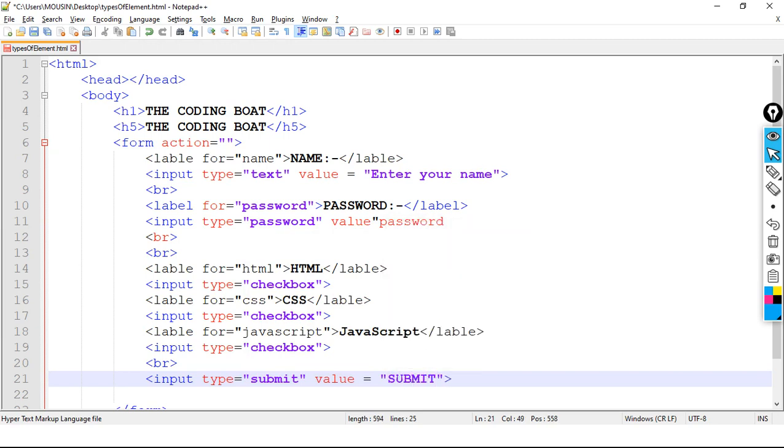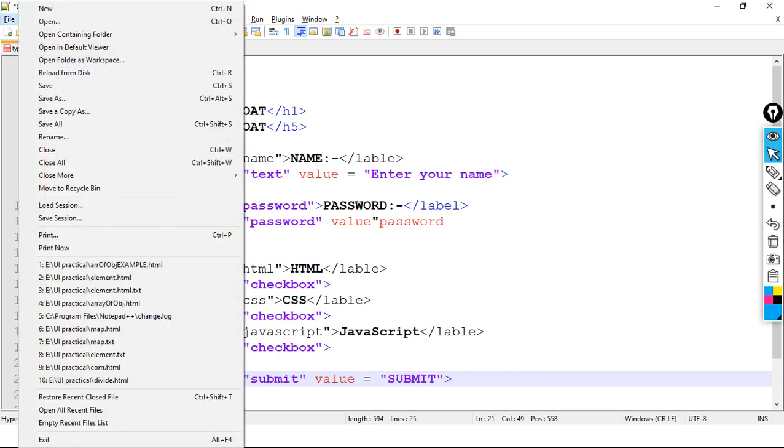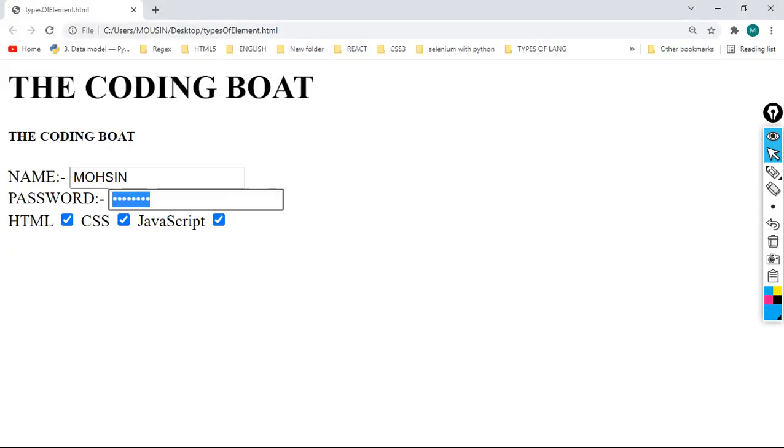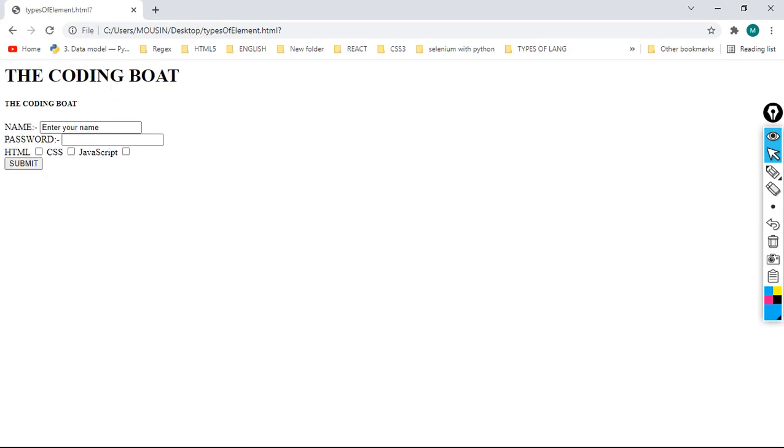Okay, now let's save the code and check the output. Here it is, we have submit button here.